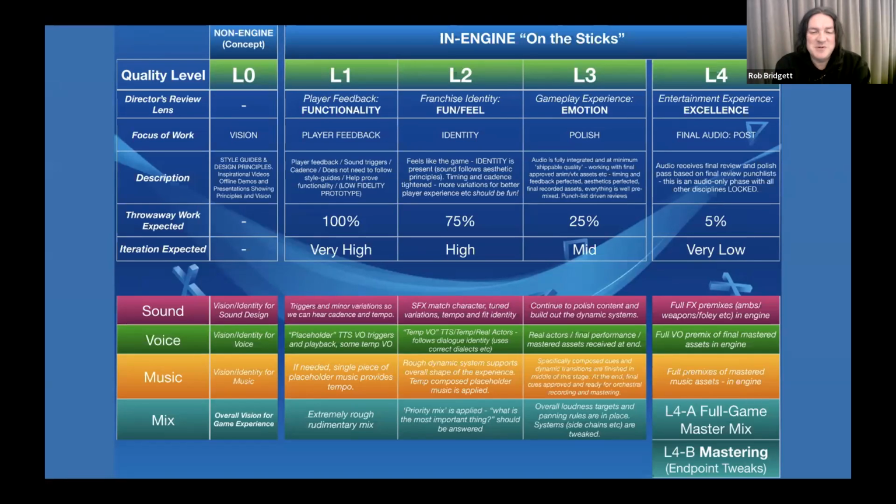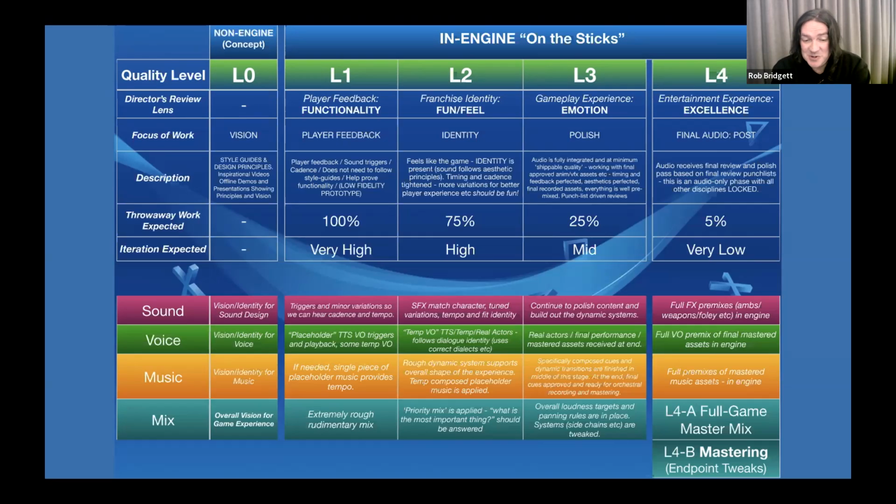But the basic principle of this L1 phase is to just prove functionality and try and get something on screen that gives feedback when you're playing the game on the controller, so that you understand the mechanics of what you're supposed to do. So the idea of this first step is to get an approval on a feature. So let's say it's the Seesaw or a particular kind of navigation. There'll be a very rough version of that in there.